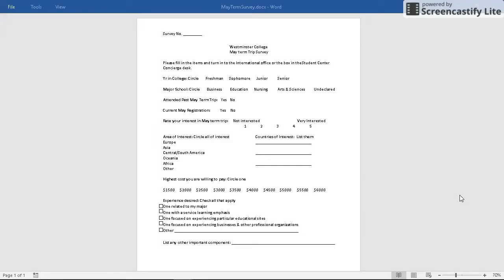I'm going to demonstrate how to build a database in Access from a survey that we conducted a couple years ago on the Westminster College campus. This is our survey, and we printed off a bunch of copies, and we had administrators of the survey go around and ask students various questions like what year in college were they, major school, whether they attended past May term trips,